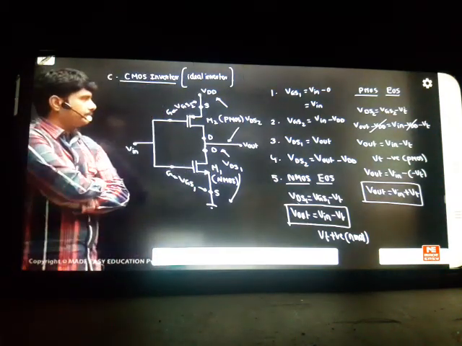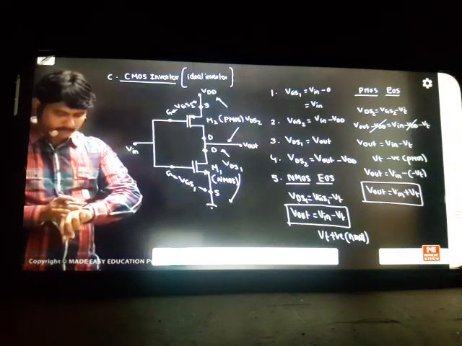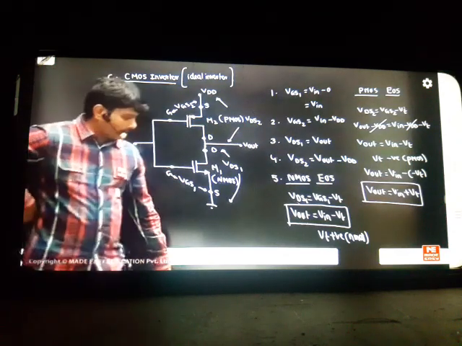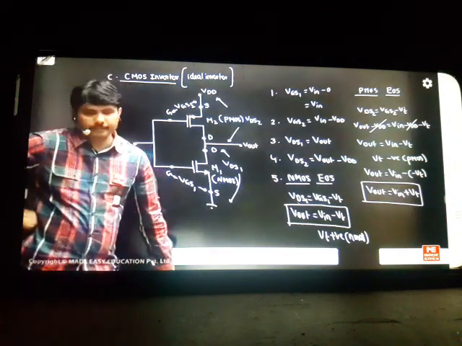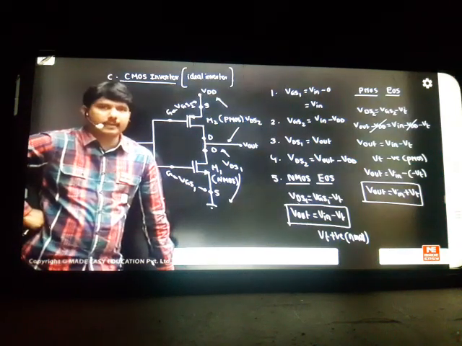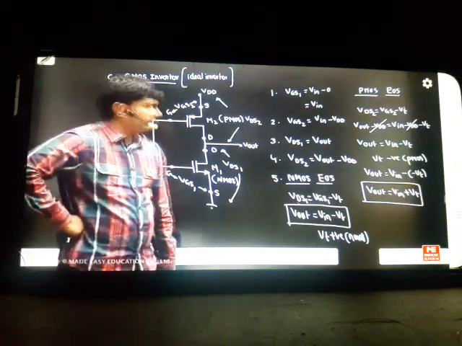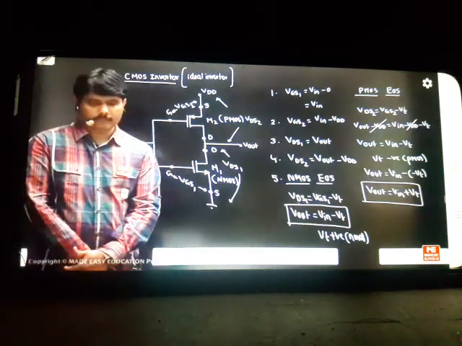So please complete up to here. Very small observations there. Up to here I think it's clear. I just created the boundary lines. That means in the graph you will have two boundary lines. One line will come from VIN minus VT, one line will come from VIN plus VT. One is a boundary line for PMOS, one is a boundary line for NMOS. Let us see the graph now, how I draw it. With this idea, you can draw the graph easily now.